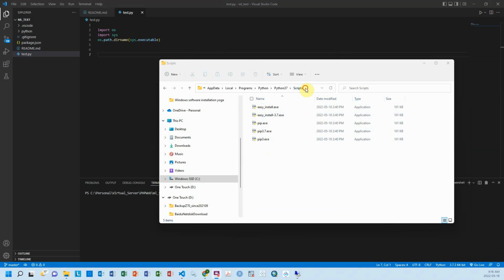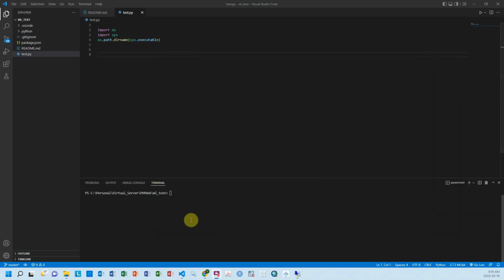So I need to add this into the path so that I can find these pip things. I'm going to copy this part, then go back to the command line, where I need to add it into the path. There are two ways. One is, as I have seen